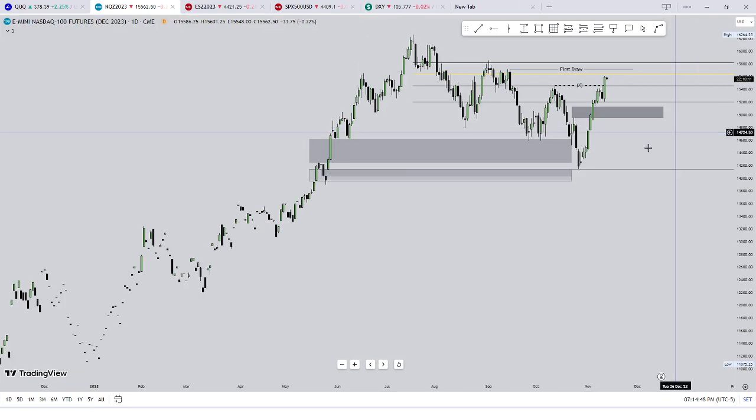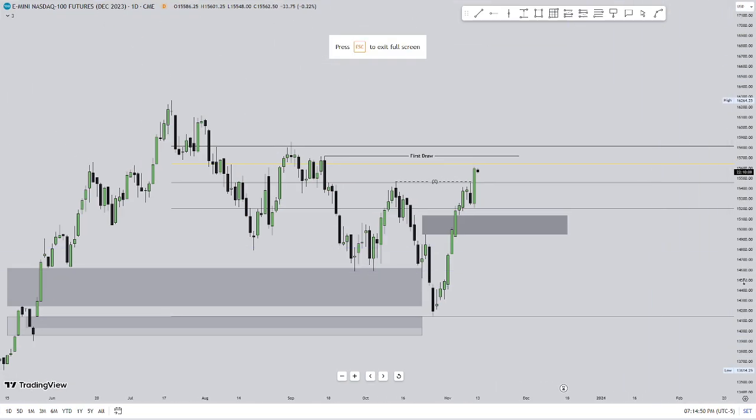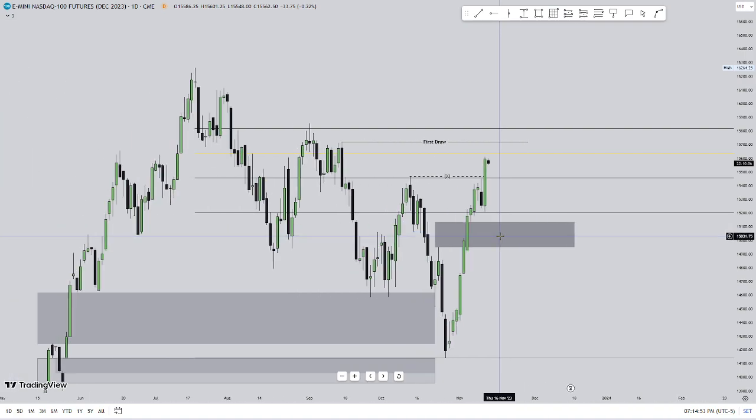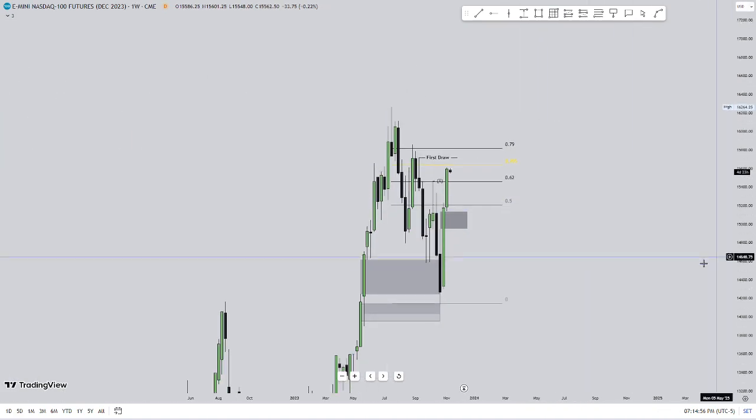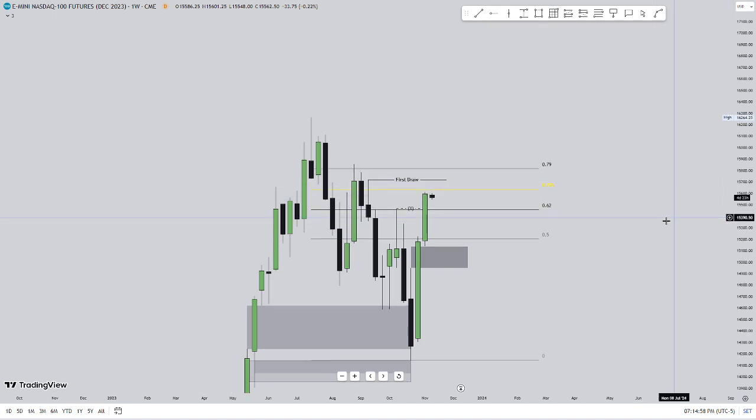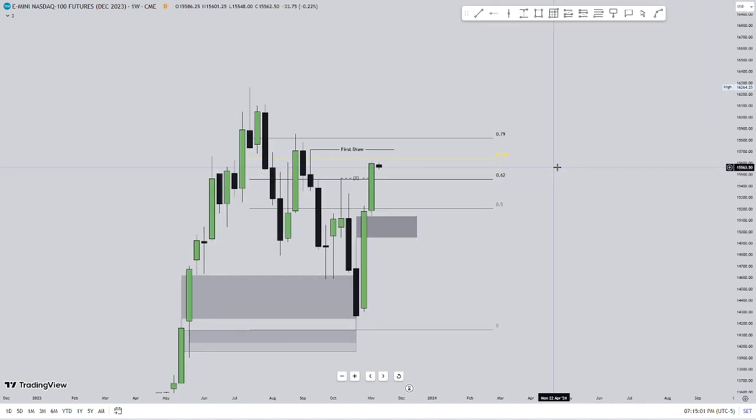So NQ, I did a little analysis before I started this. Basically the same thing as SPX. I drew the OT on this one just so you can see, because NQ is a little more volatile and can reach some price points before SPX gets to them. So usually NQ gets to price points that I'm interested in before SPX, and that means I can see how the market reacts to these prices, where it wants to go, if it's getting manipulated, if it's just algorithm. So I can see that first.